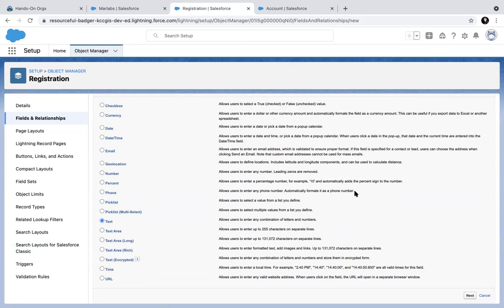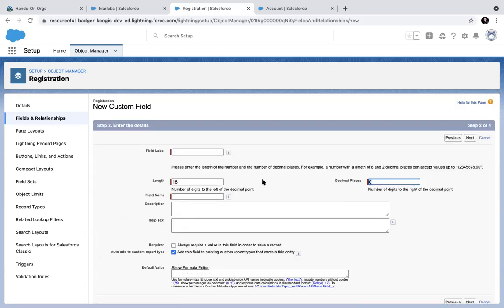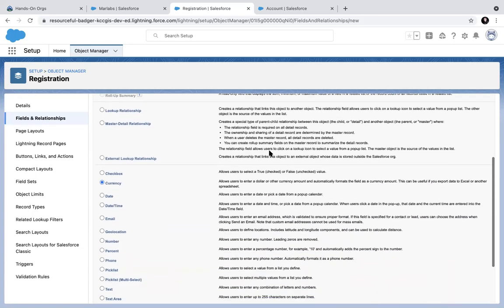I think currency can have 2 decimal points, but number can have any number of decimal points. No, it supports multiple decimal points. If you go to currency, you can make it 4, 5, anything. Whatever you add on the decimal side, you have to reduce on your length side. These two added should be 18 characters. That's it. I don't see much value.